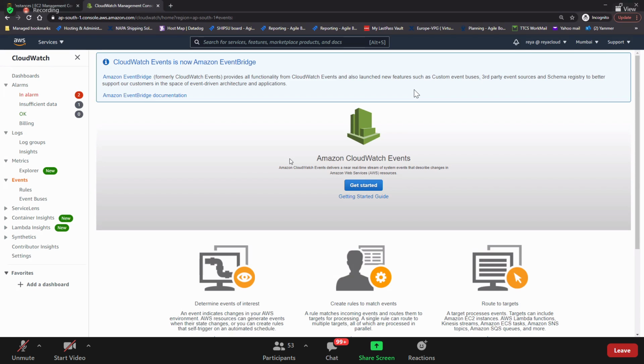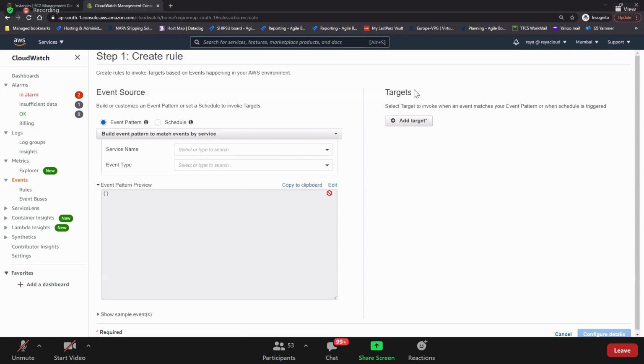Let's go and see what is here. Do you remember, guys? There will be a requirement. Let's have a requirement and we'll act based on that. Let's say if someone is launching an EC2 instance, you should receive a notification. Should we do that? Let's take that requirement. So here, events. Let's go with the event patterns.